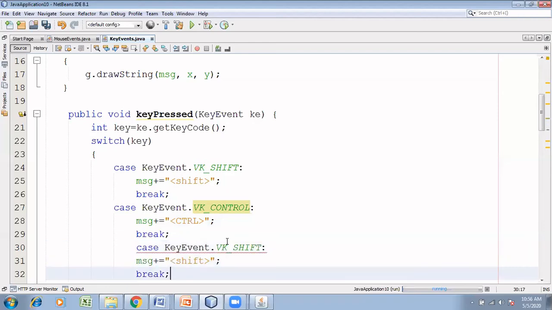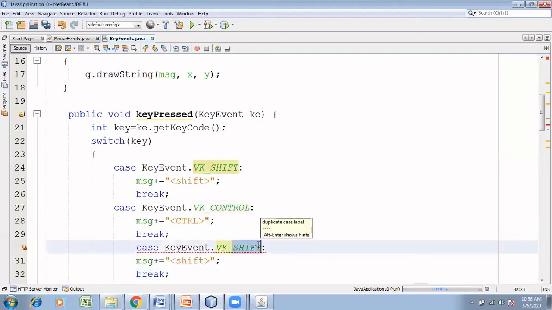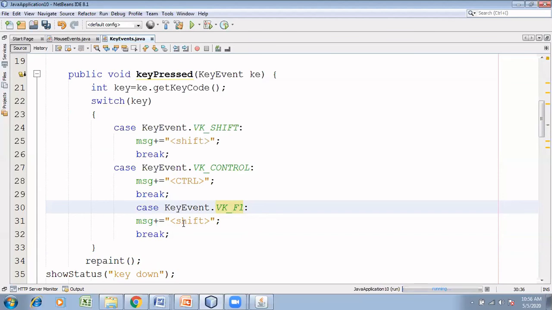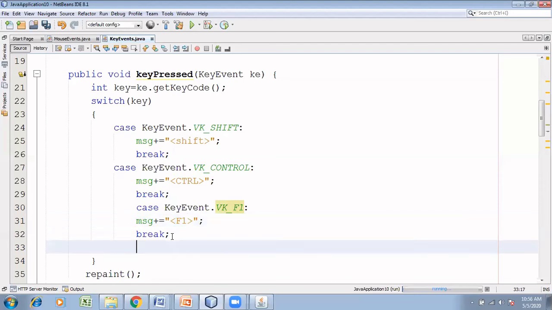So similarly, I need to handle the F1 key. I have something called VK underscore F1. So I'll just say it is F1. Similarly, you can write till F12. If you want to handle up arrow, all that, isn't it?